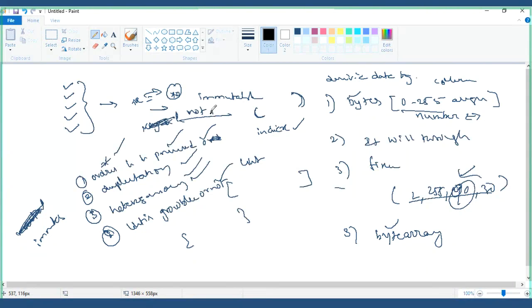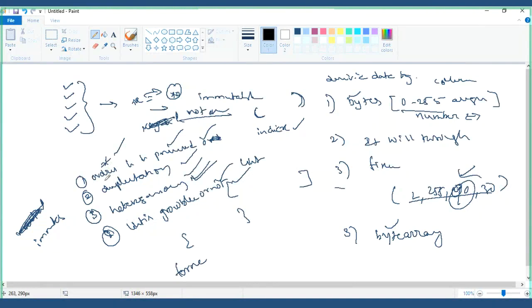Sorry, I was talking about the dictionary, where duplication of keys is not allowed. Okay. Is heterogeneous allowed or not? Yes, you can. Can a set be growable, meaning can you modify it or not? Yes, we can modify. The only thing is order is not preserved, meaning indexing is not there in sets. Okay, then the next one.